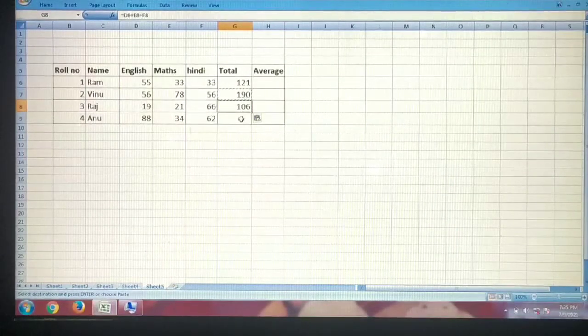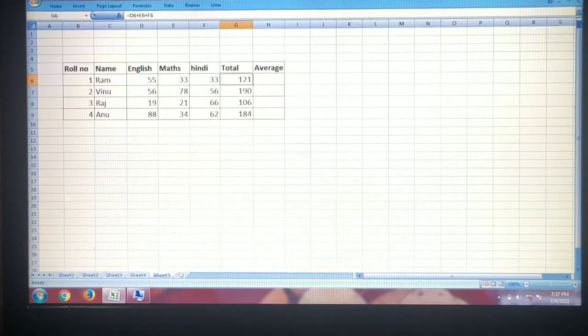Suppose we need to copy here also, just click here. We have to click on copy only one time and we can click paste several times. We have already copied the formula from here. Then select the next cell and click on the option paste. So this is the total of 88, 34 and 62. This is known as copying a formula. Once we have used the formula, we can copy it to other cells also. So this is how we can use formulas in MS Excel. In the next class, we will discuss functions in Excel.